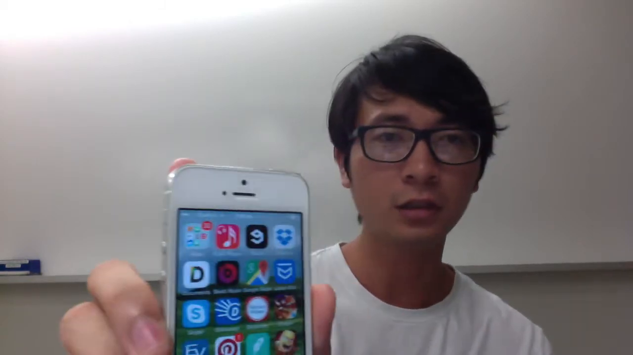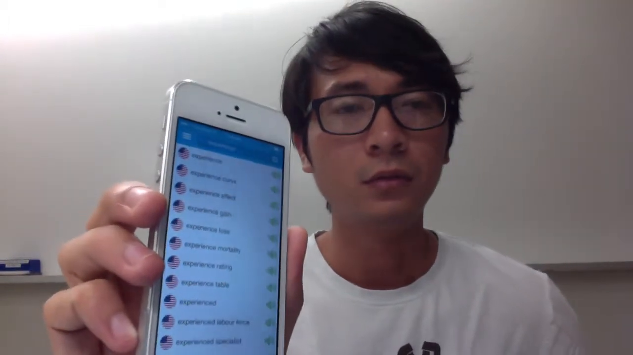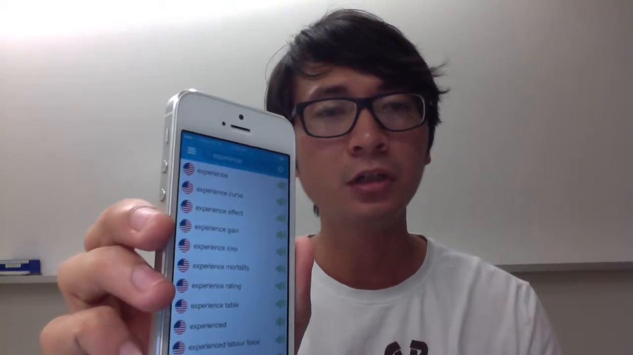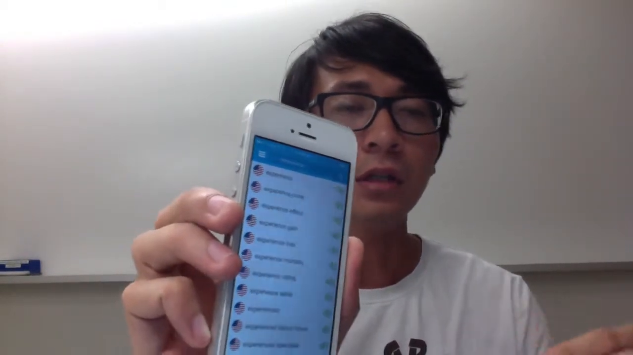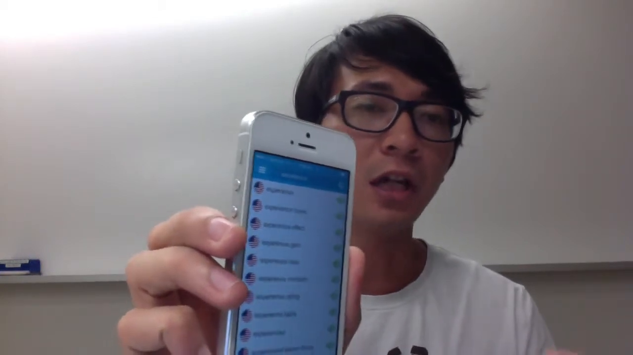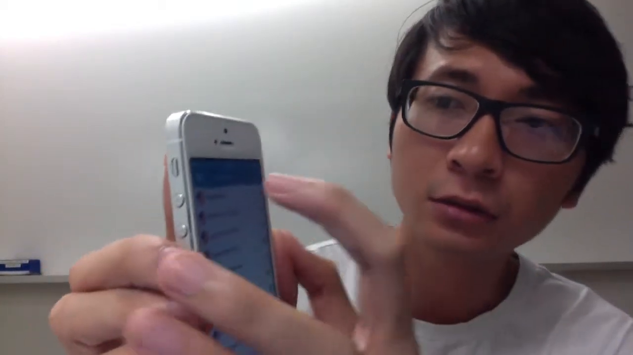Hello, the application that I built for this class is an English Vietnamese dictionary, and here is the app. So I will show you three main features of the application, and that was built based on the design idea that I have. The first feature is translating a word, and here I enter the word experience,